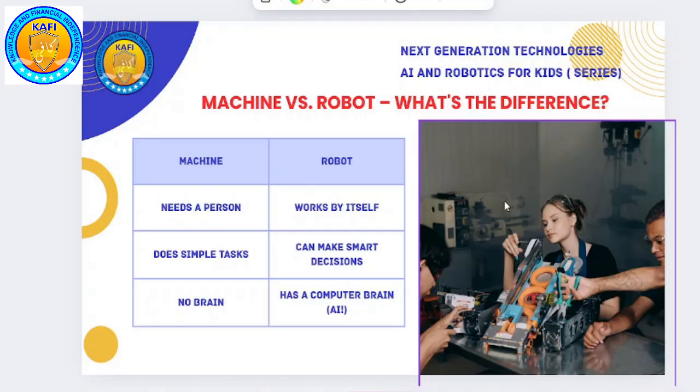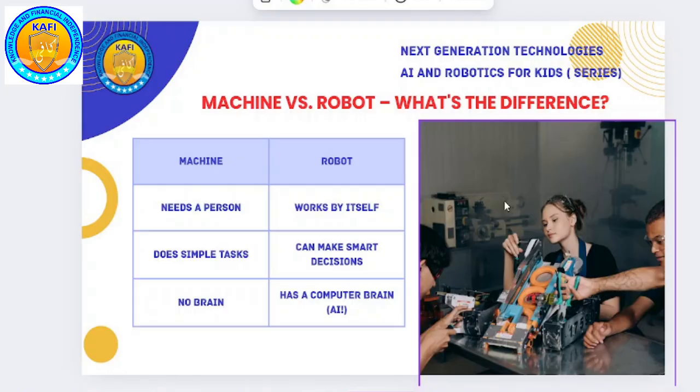You understand that. So we have seen the machines working in our home. These machines work when we tell them to do something. When we press some buttons, they work. So they don't have a brain of their own. They do simple tasks like turning on the lights, turning on the fan, turning on the AC. They do simple work like washing your clothes.